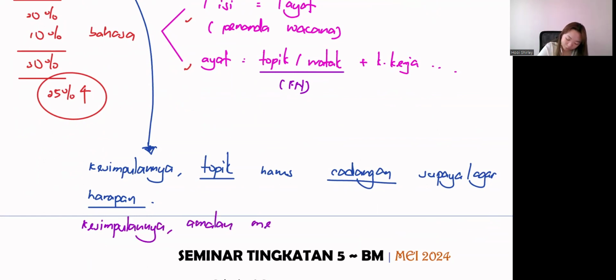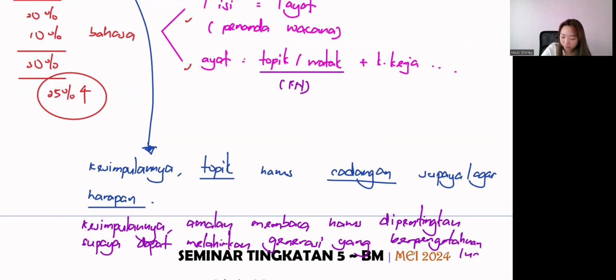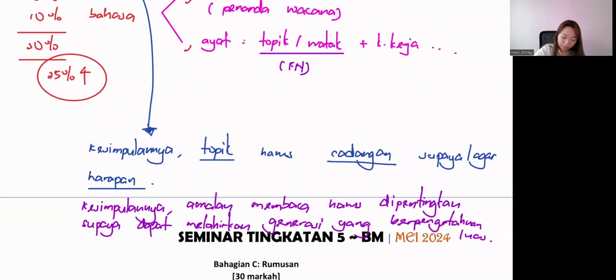Amalan membaca harus dipentingkan ataupun diamalkan, also can, supaya dapat melahirkan generasi yang berpengetahuan plus. Okay, by looking at this up, what I want to tell is, you got a topic correct, but